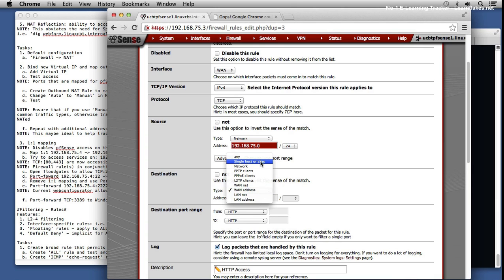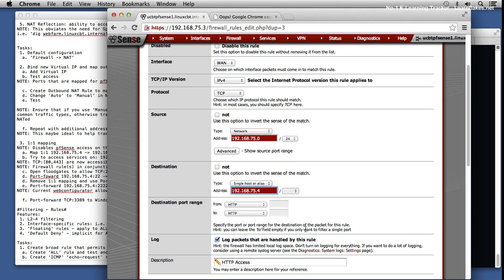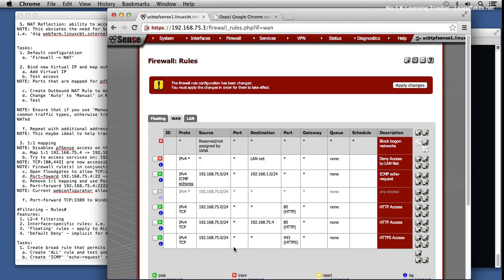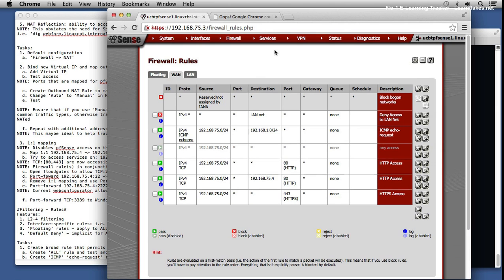So let's just do single host or alias. Let's make this 192.168.75.4. HTTP access on .4. Let's save the changes. And now we should have a rule with a target of 75.4. So as long as the NAT is there for 75.4, pointing to the 102 box,